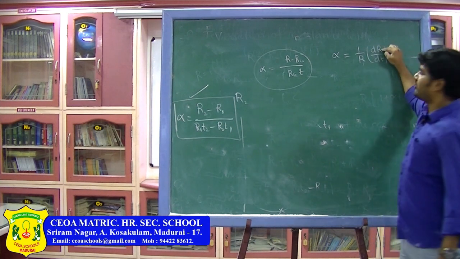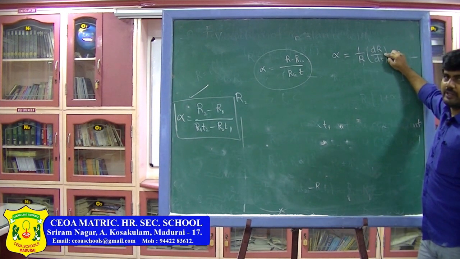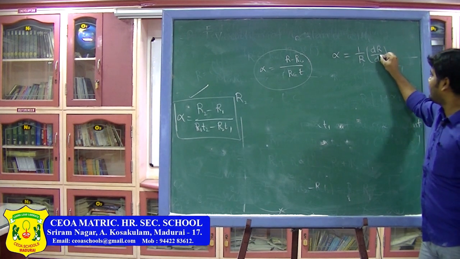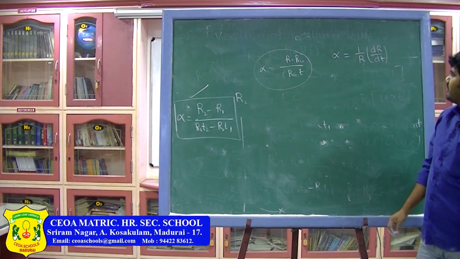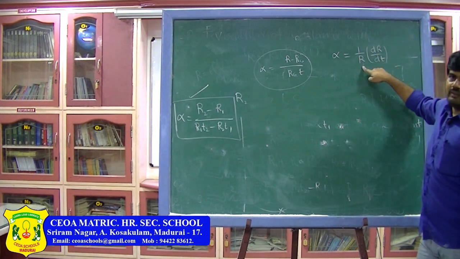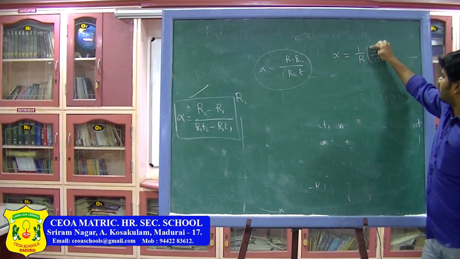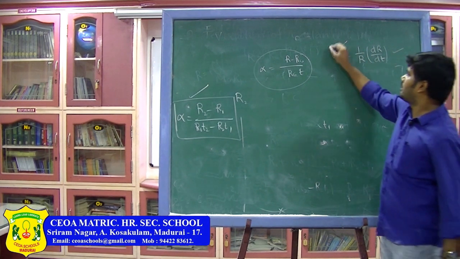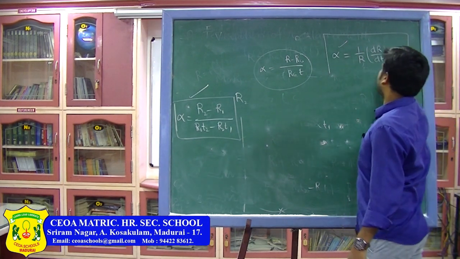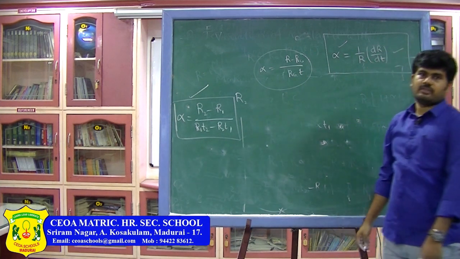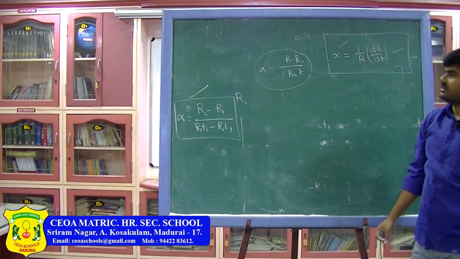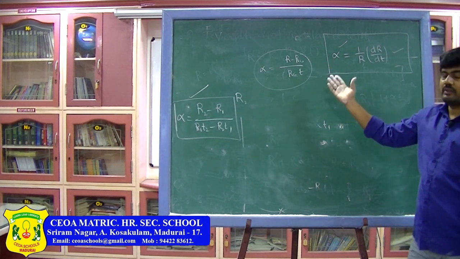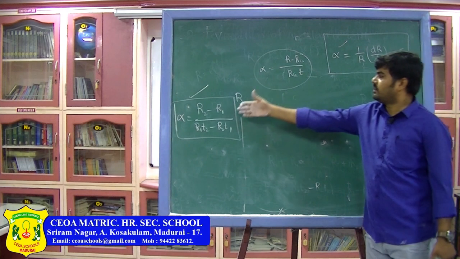So if resistance is given as a function of temperature, differentiate that function with respect to temperature. Remember here T is temperature, not time, so be careful with that. So 1 by given resistance into differentiation of resistance with temperature, you will get the alpha value. So this is another formula for calculating the temperature coefficient of resistance. Now let us discuss some problems based on the temperature coefficient of resistance and these formulas.